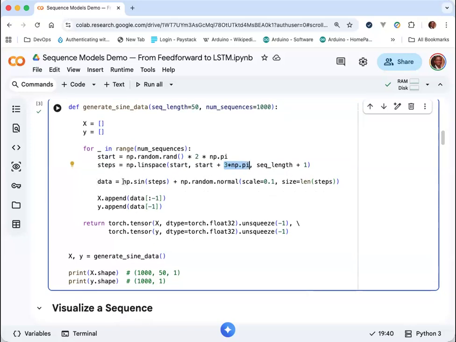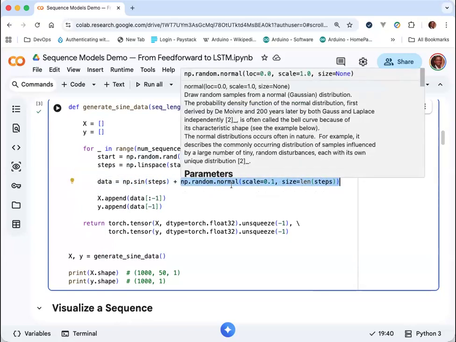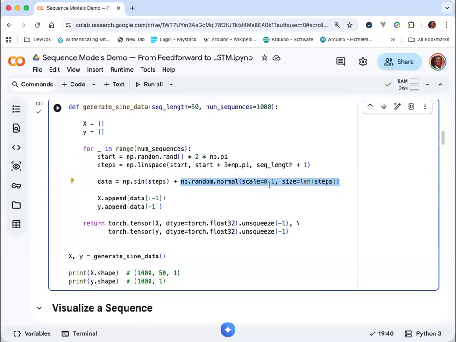And so we just calculate the data by basically calculating the sine of each point. But we also add a little bit of random noise, right? In the normal distribution. That random noise, the scale is 0.1, so that's the maximum value of the noise. It's always going to be plus or minus 0.1 maximum, but it could be less than 0.1, so 0.95 and so on. And the size is the breadth of the normal distribution curve. So what this basically does is it generates a sine wave, right? But adds a little bit of noise. So it's not going to be a perfect sine wave, right? And then,